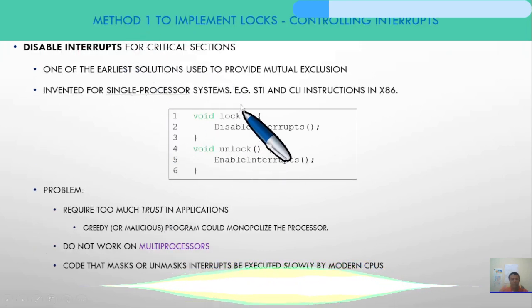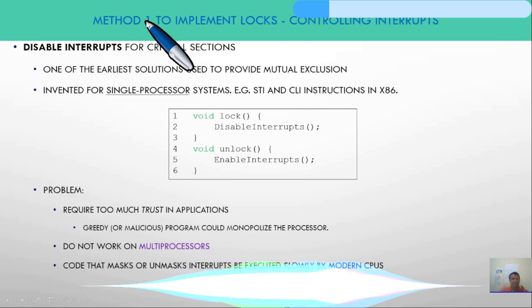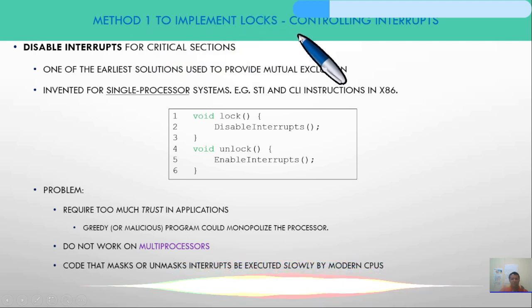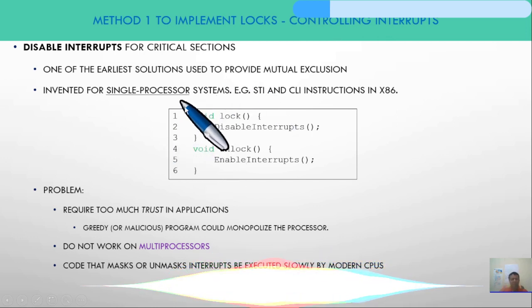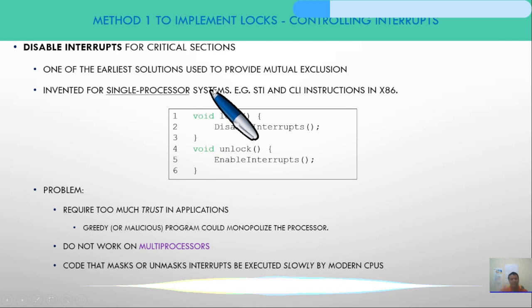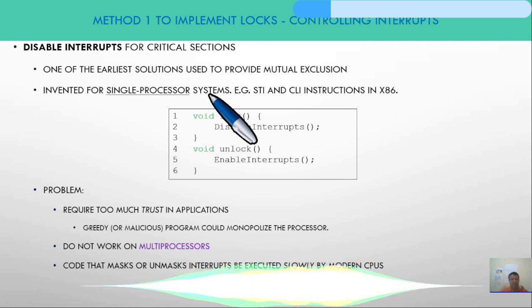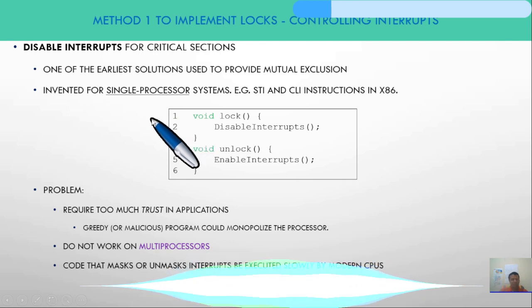So let's see the first step. Method 1 to implement lock. This is controlling interrupts. If you remember in our first chapter, the processor should get control. I mean, it should gain the processing power. Otherwise, if one process gets the processor and the CPU, and if it runs forever, then the operating system